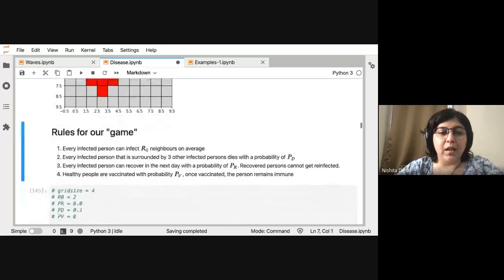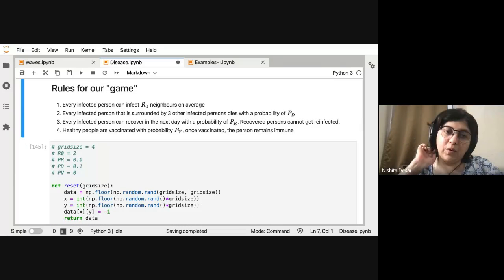Now let's come to the actual model that we want to write. These are the probabilities that we are choosing. Every infected person can infect R0 neighbors on average. Every infected person that is surrounded by 3 other infected persons dies with the probability of PD.